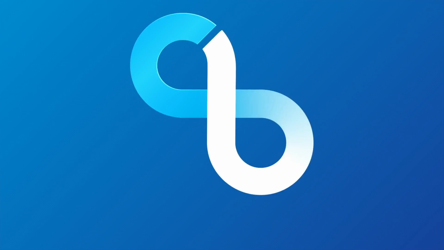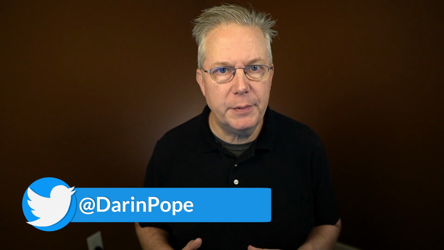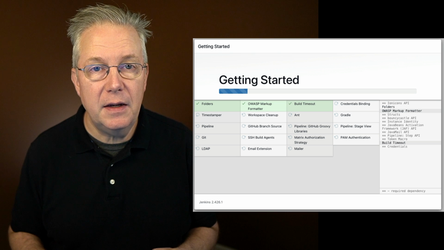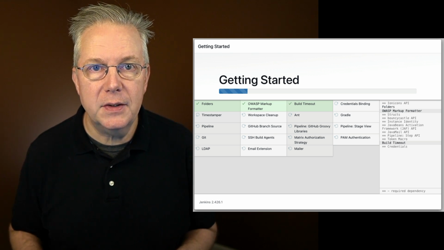Which source code management plugin does Jenkins install by default? Now, when you're initially installing Jenkins, you have a couple of options. One of the options is to install suggested plugins. Now, if you take a look at this screenshot, it was taken from doing an install suggested plugins on Jenkins LTS